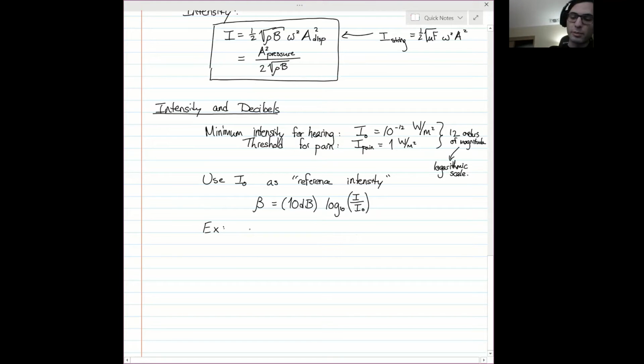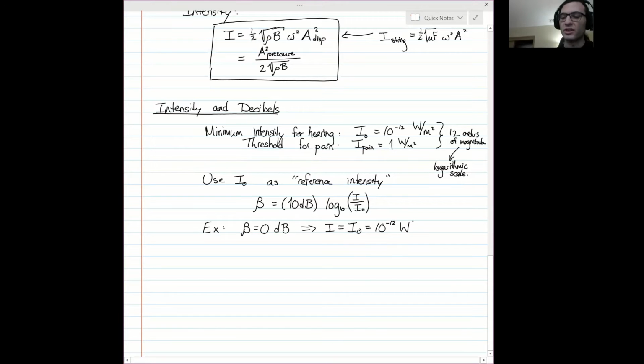So if beta equals 0 decibels, that implies that the log, so who knows how to invert logs? Well, you could take both sides and raise 10 to the both sides power, and so on. But we know that log base 10 of 1 equals 0, right? So that just means that I divided by I naught has to be 1. So this implies that the intensity associated with 0 decibels is the